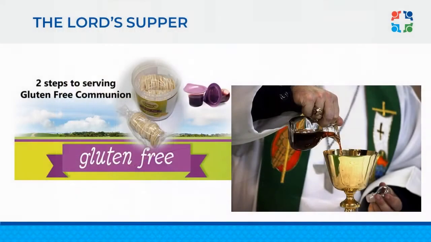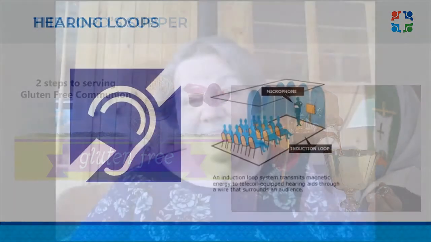Universal design for worship is about thinking through those options that allow people to have access points. Take the Lord's Supper, for example. By providing a gluten-free option, you have just opened up that opportunity to connect through the Lord's Supper with more people. What if we would say, look, you could come forward for communion, or you could stay seated and someone will bring the elements to you. Again, every option increases the possibility that people can participate.